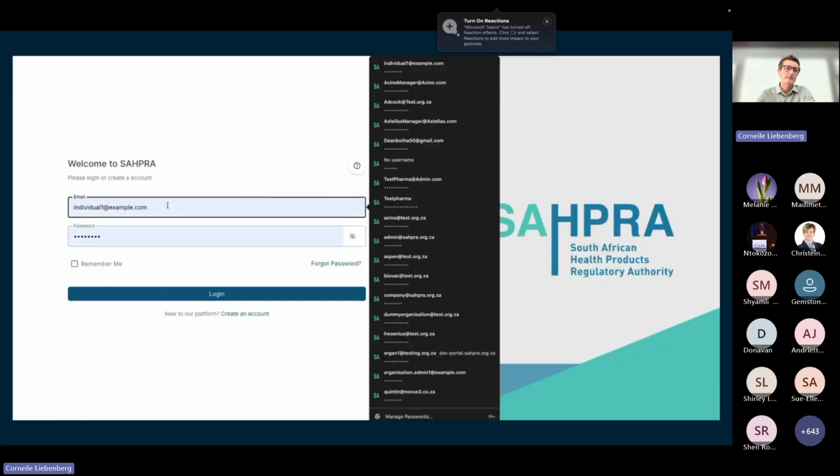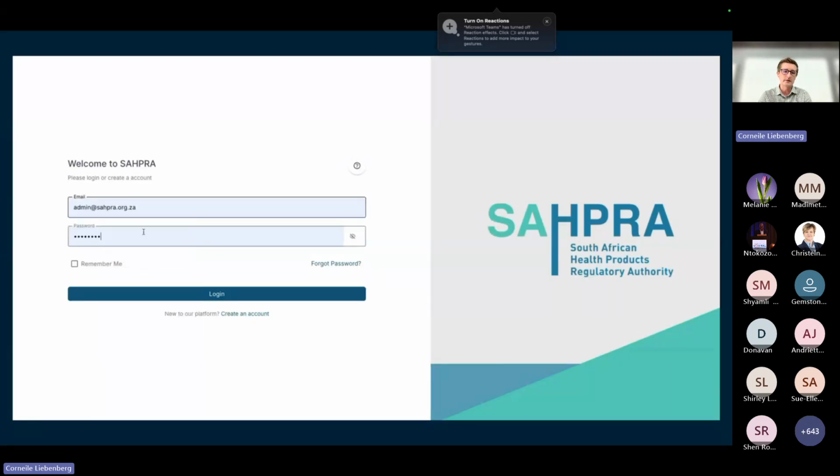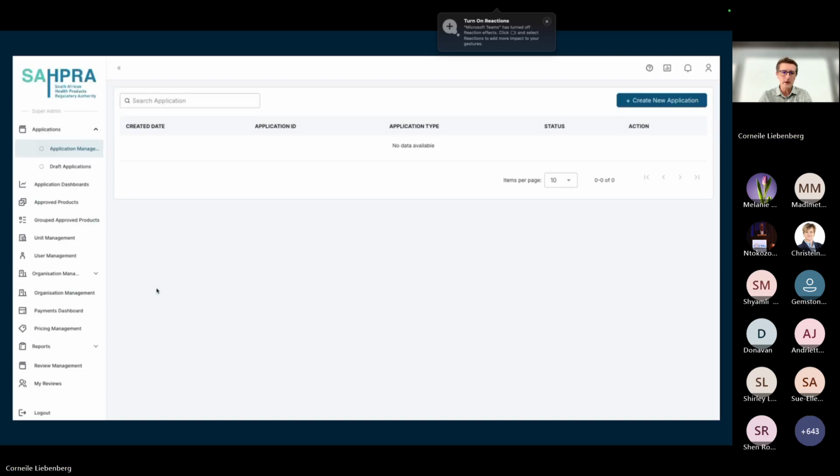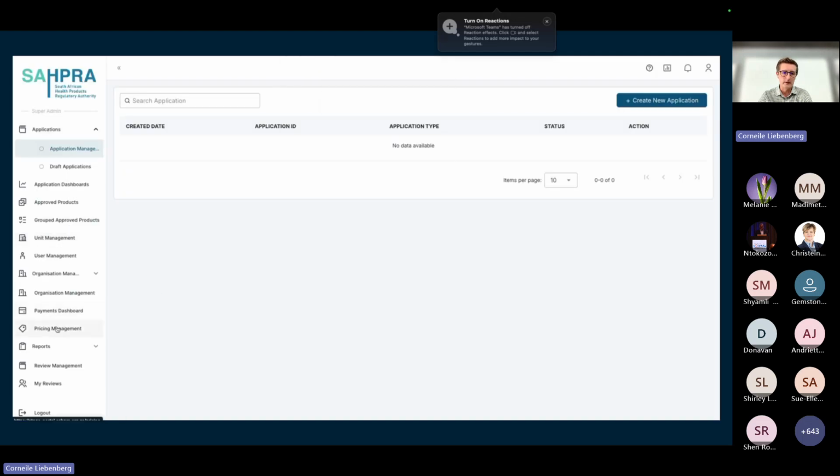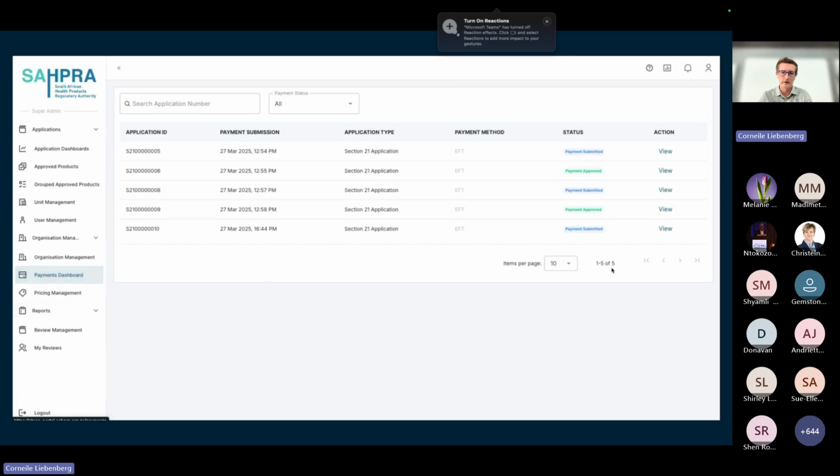Now we're logging out into a SAHPRA user, so SAHPRA admin user, where they will then be able to go to that payments dashboard for the payment management. They can see any new payments that have been submitted.